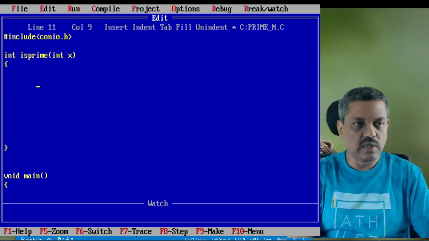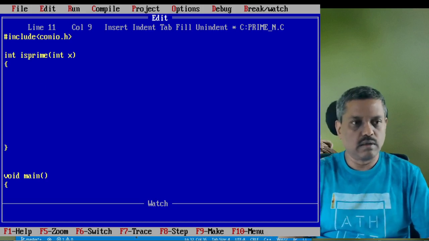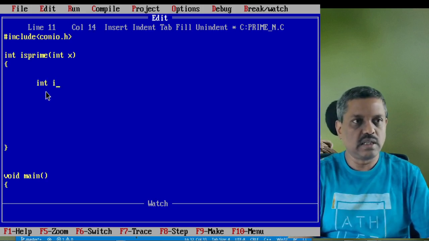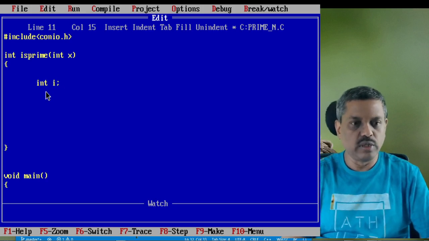Before we start checking, we need another variable, which is very important. I call it i, that's a counter anyway.